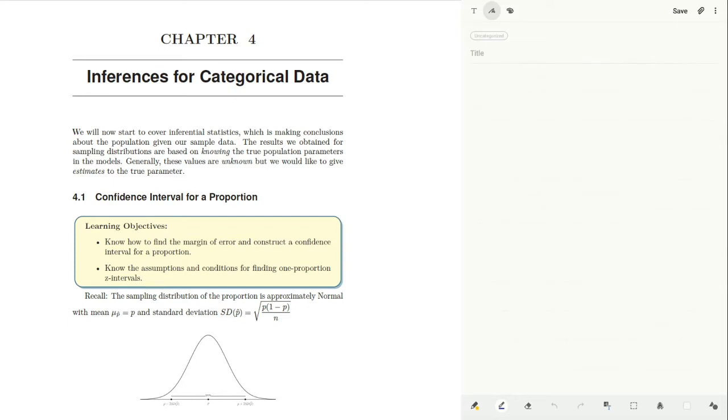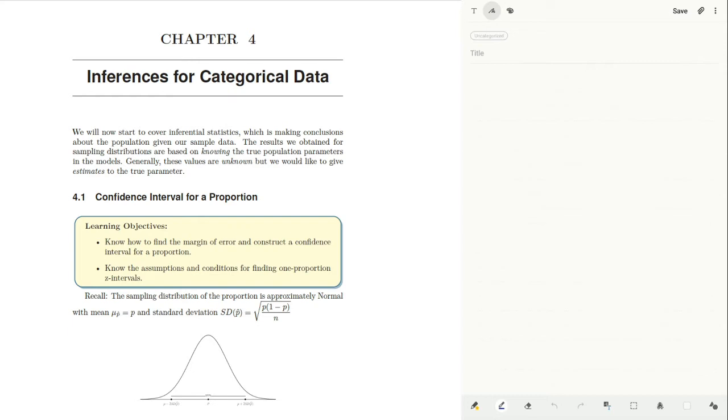In this video we're going to start inferential statistics, which is making conclusions about populations based on sample data. Whenever we are given certain types of sample data to analyze, there will generally be two types of methods that we will discuss. One method deals with estimating the parameter of interest, which are called confidence intervals, and the other method deals with making a decision about two competing claims about the parameter of interest, which are called hypothesis tests. For this chapter, we will focus on inferences for categorical data, and we will begin with finding confidence intervals